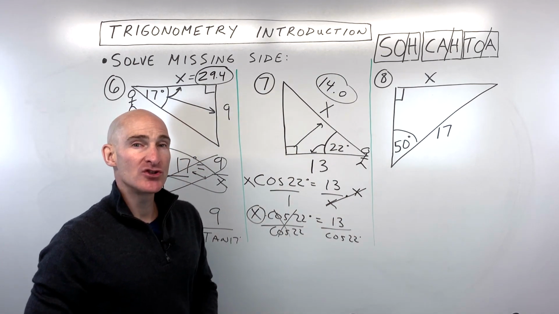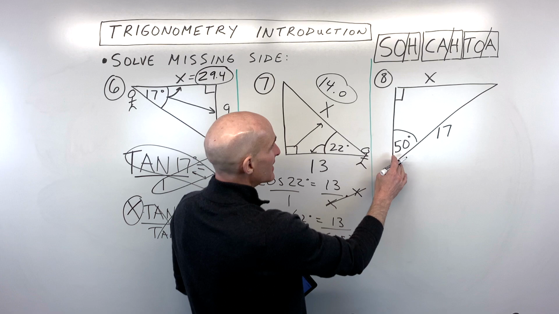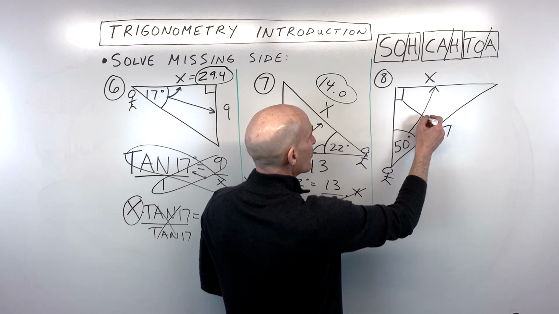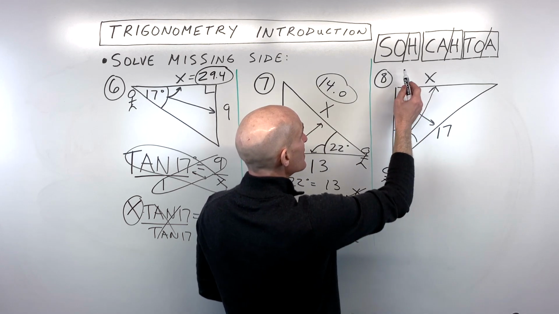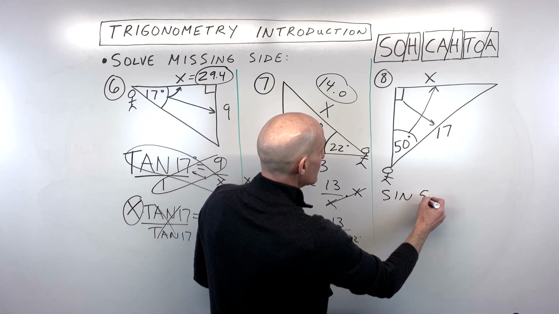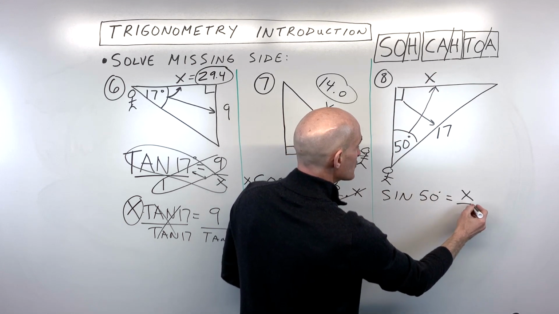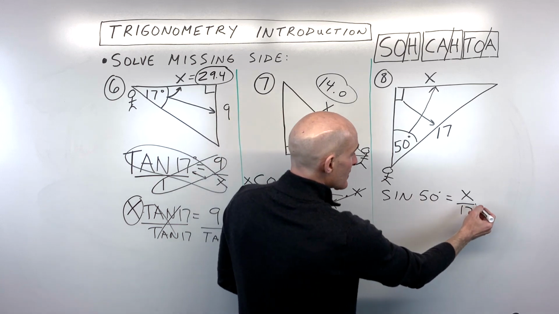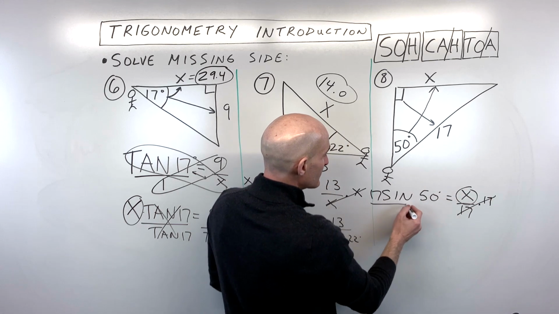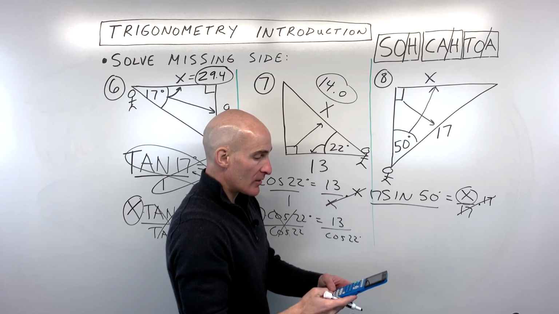Okay, and then for number 8, what did you do for this one? Well, again, I put my little stick figure, I just pretend like I'm standing here at this vertex, and I say, okay, I've got this angle, the opposite side, and the one across from the right angle, which is the hypotenuse. Opposite and hypotenuse is the sine. So we're going to say the sine of the angle, 50 degrees, equals the opposite, which is x, over the hypotenuse, which is 17. And then instead of dividing by 17, we'll multiply both sides by 17 so that we get x by itself. So what is 17 times the sine of 50? Let's do that on the calculator. Okay, and that's coming out to about